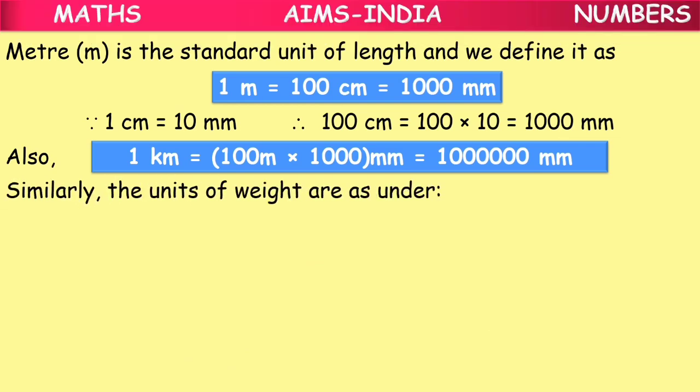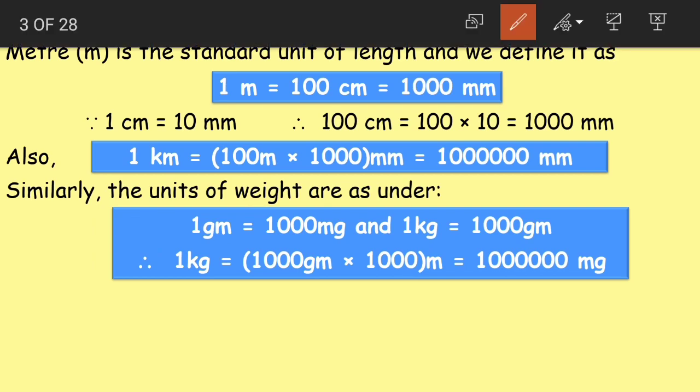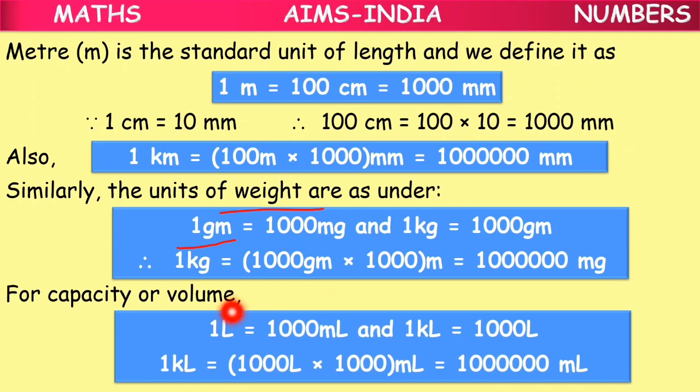And just like we've learnt about meter for length, the standard units for weight are as under. Whenever you go for grocery shopping or you go to a local kirana to get something for your mother, in what quantity will you get it? You will get it in either kilogram, or you will say 500 grams, right? So half a kilo or 1/4 of a kilo or 1 kilogram, right? So grams are the standard units of weight, and in the same way we have liters for volume.